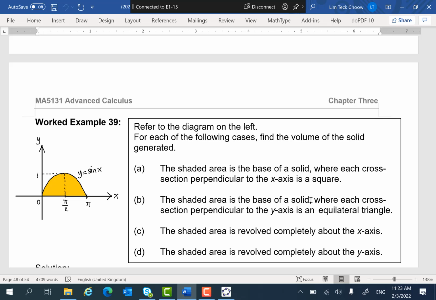What would be the area of the square? The area of the square is y times y. Agree or not? The area of the square is actually y times y, or y squared. Okay? Then, if I will give you a small